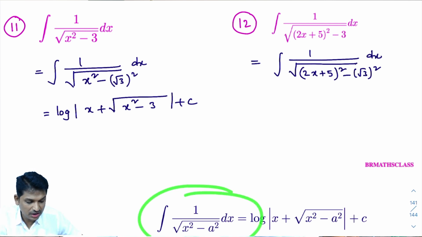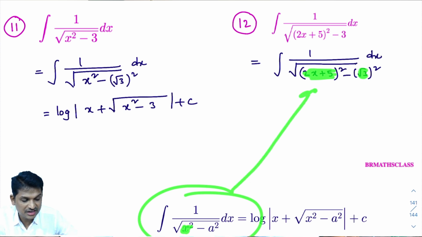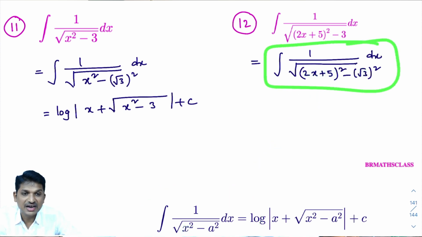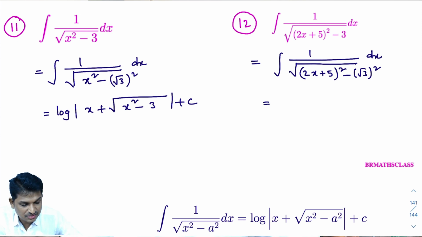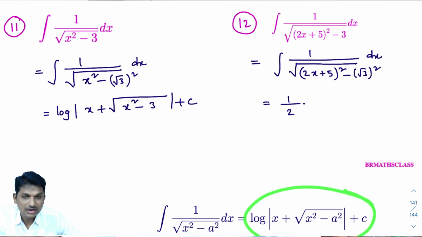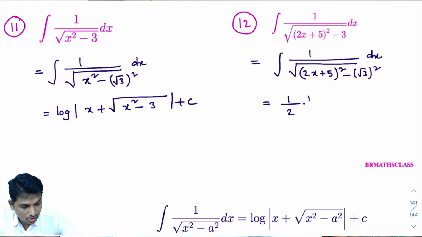Now, this is the formula you learn. In this formula, if ax plus b is present in place of x, look here, this is like x square minus a square, then we can write its answer directly. How to write its answer directly? Its answer starts with 1 by the x coefficient. What is the x coefficient? The x coefficient is 2. Write it: 1 by 2 into, yes, what is this? Log mod. Now start with log mod. Here in this formula, what is there? X. But in this question, in place of x, ax plus b is there, that is 2x plus 5. So in this formula, wherever x is there, we need to write 2x plus 5.